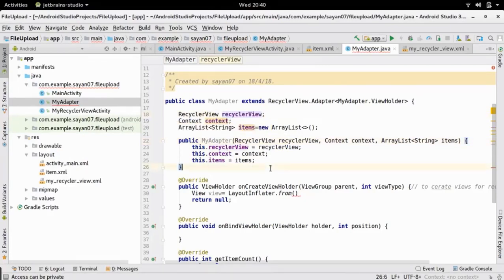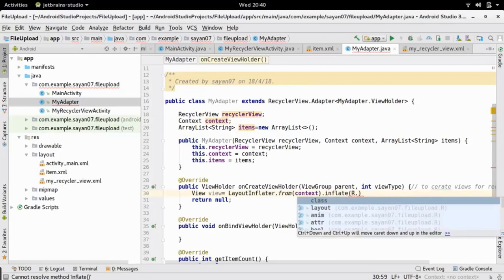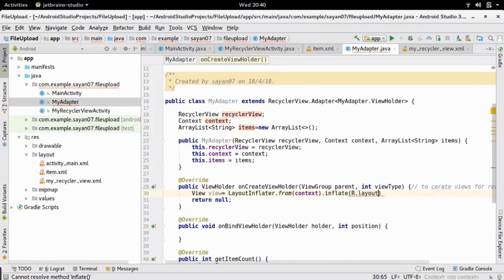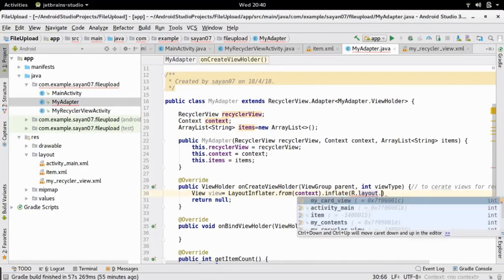Okay, now let us move to our onCreateViewHolder method and we are going to create an object of LayoutInflater by using the from method, and within this we are going to pass the context. Okay, so this context, and then we are going to call the inflate method and provide the first parameter as the individual list or recycler view items XML file.